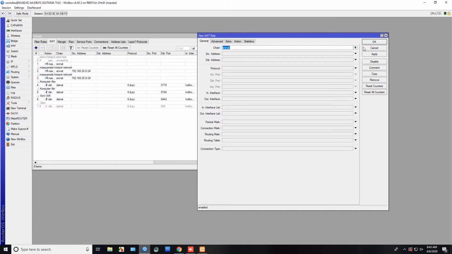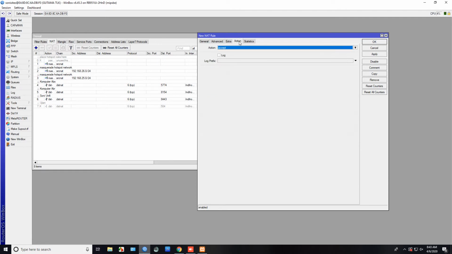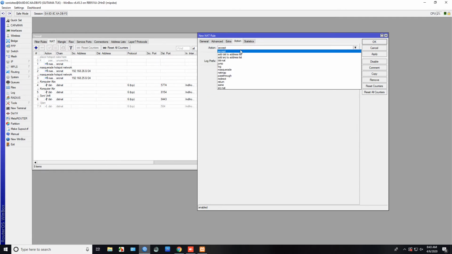For chain, select dstnat or DST NAT, and for protocol, of course we select TCP. And for destination port, we fill in the same as our configuration in our first router or modem, 8811 in here, and the interface refers to our connection between the first router and the second router. And for action, we select dst-nat also,